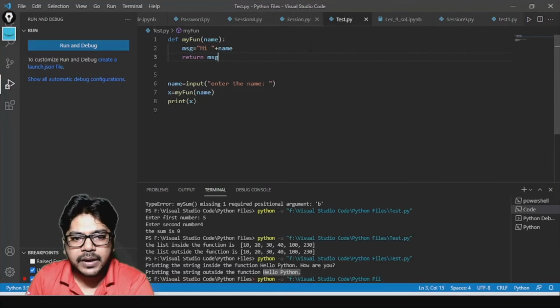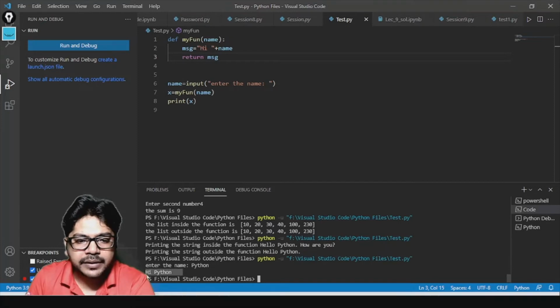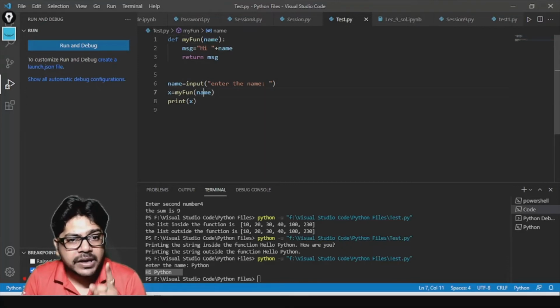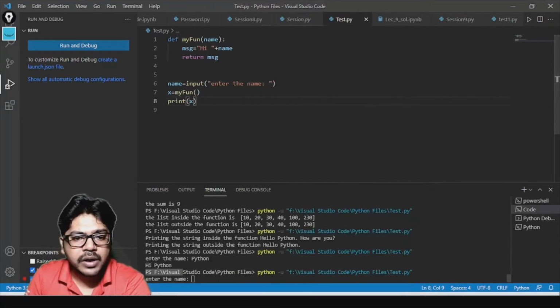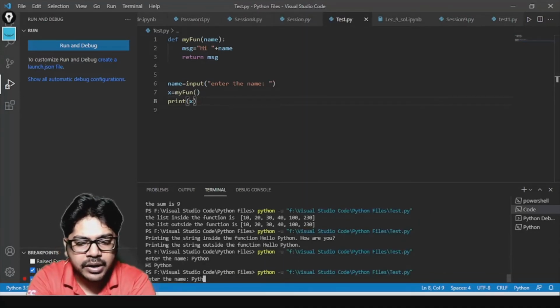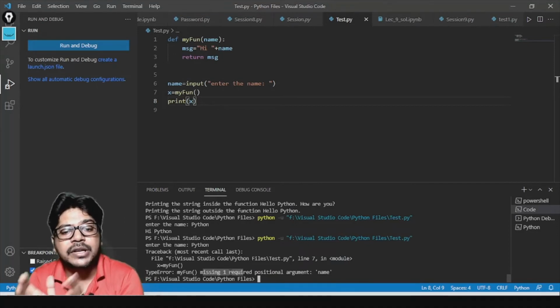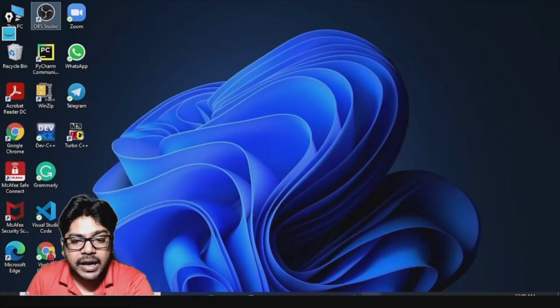Now you see what will happen. If I run this program, it is asking me for the name, so I'm writing Python, and now it is giving me hi Python. Can you see? So this is what the required argument is. One argument was there, and you passed one argument here. In case you do not pass it, you already know it is going to give you an error message: myfun missing one required positional argument. It is clearly saying the positional argument you are missing is name. It is telling you that name was the argument that you created, and now name is missing. So this is how the required argument works.